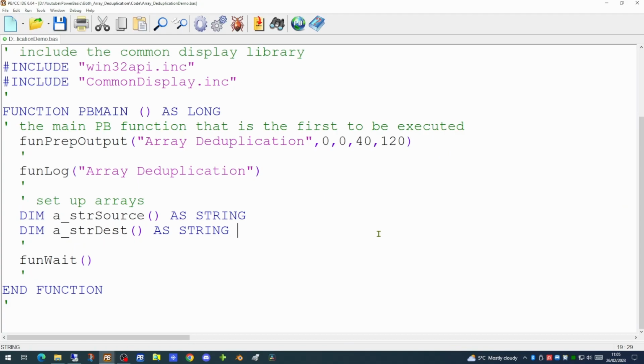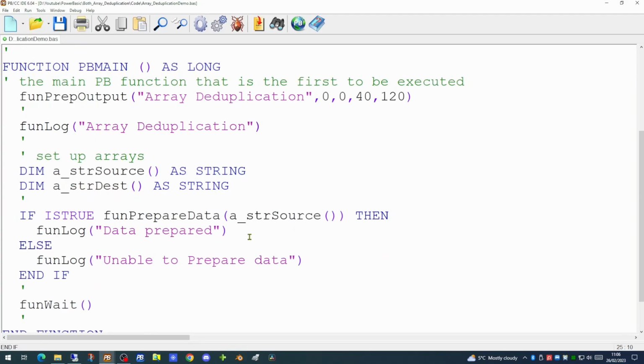So in this PB main function, we're going to call a function to prepare our data. And we're going to call this function prepareData. We're passing as a parameter to this new function the name of the array into which we want it to put the data, in this case the string source array.